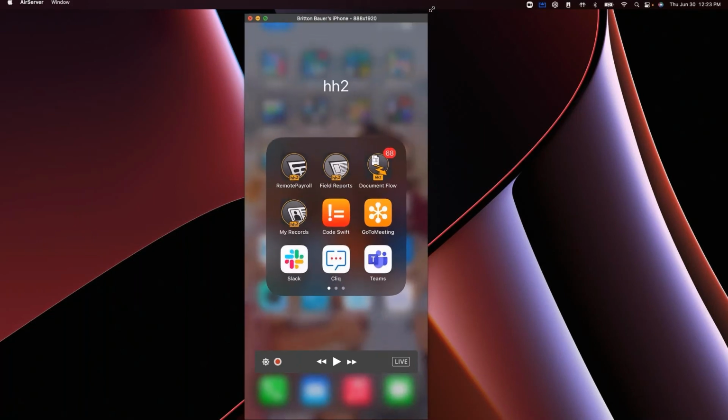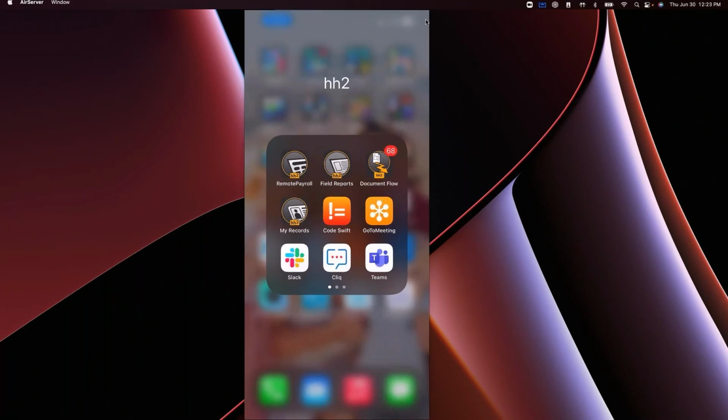All right, so here we have a live stream from my phone. So this is an iPhone, but we have a native app for Android devices as well, if you prefer that platform. Here we have HH2 document flow. So if I am a user that needs to review and approve invoices, we can actually send them push notifications to let them know when they have invoices for approval. And then we also have a daily email or daily push notification reminder that just lets them know, hey, you have 20 invoices in your queue, and that can be sent either way. So some nice little gentle reminders to let people know what they have in their queues.